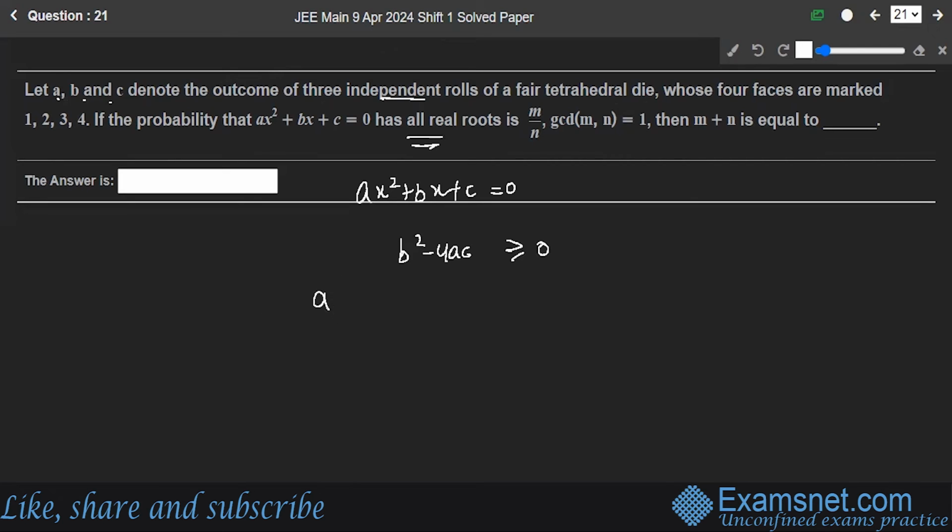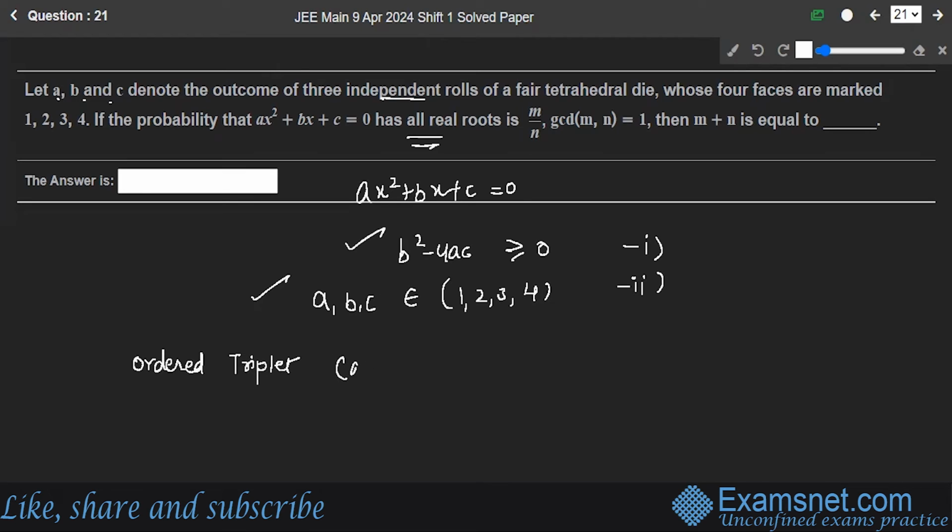So that means A, B, and C can have the values 1, 2, 3, and 4, right? Let's say this is 1 and this is 2. So the ordered triplet for ABC, which is satisfying both these equations, 1 and 2, will be given by